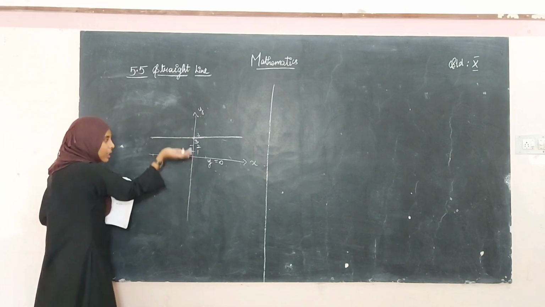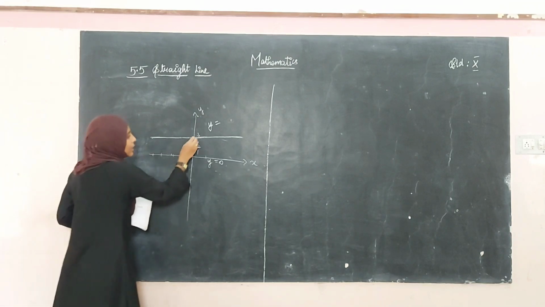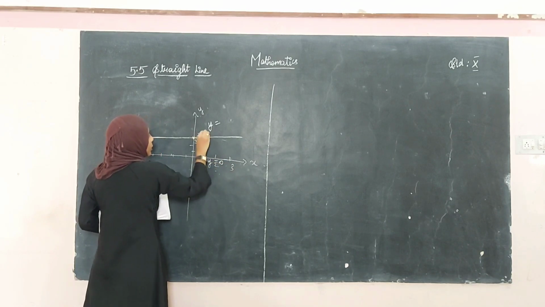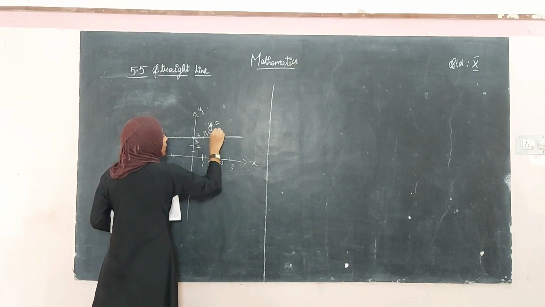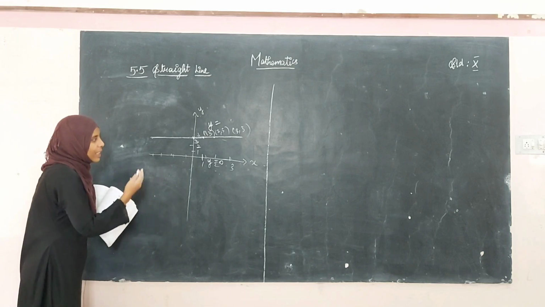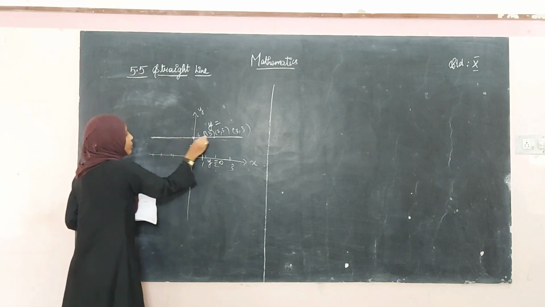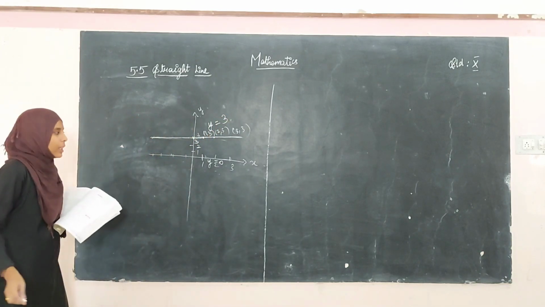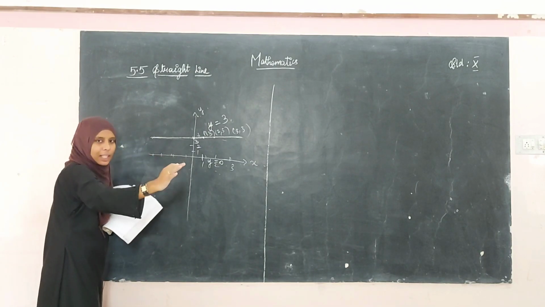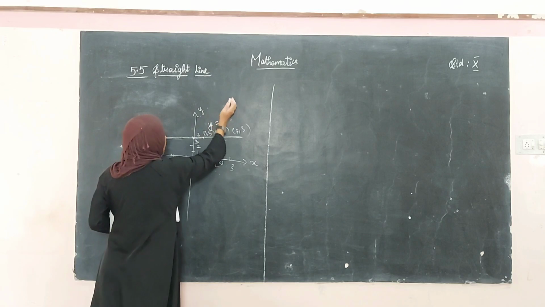Similarly, the line which is parallel to the x-axis, y equal to அந்த இடத்துல 0 ன்னு வரக்கூடாது. See here, this is 3, right? இது 1, இது 2, இது 3 ன்னு வந்துச்சுனா what is this point? This point is 1, 3. What is this point? This point is 2, 3. What is this point? This point is 3, 3. Right? So for this line the y coordinate is always 3. Therefore, the equation of this line is y equal to 3. Okay, so if x axis க்கு ஏதோ ஒரு லைன் parallel-ஆ இருக்கு, அந்த parallel லைனோட ஈக்குவேஷன் எழுதணும் அப்படினா it will be in the format of y equal to some b ன்னு எடுத்துக்கிறோம்.